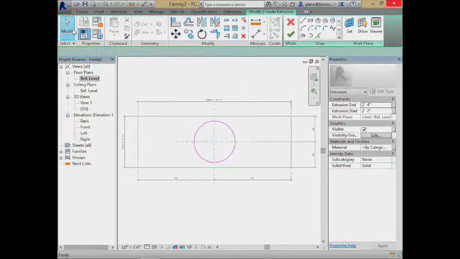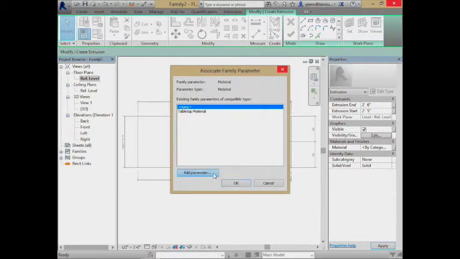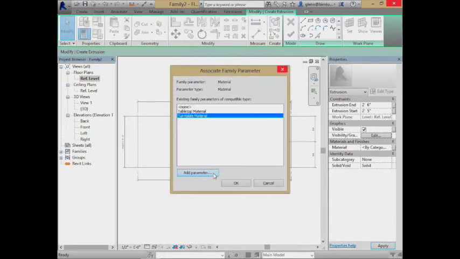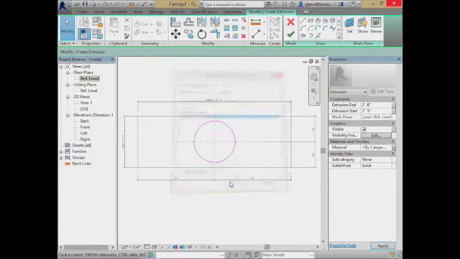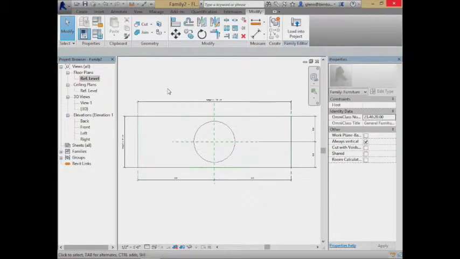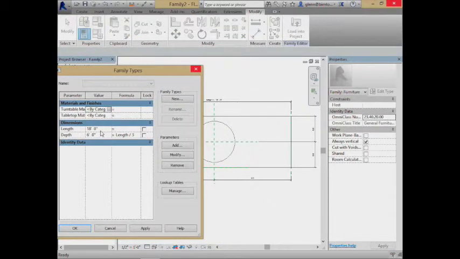This is my little turntable, like a Lazy Susan. At the top here, I'll make it go from, let's say, 2'5" to 2'6" is fine. A little bit thinner. We can give it a material also. I'll give it a nice material like the turntable material. Okay, we are ready to close it on up. So at this point, that turntable is completely independent of the size of the table. If I go through and resize that table again,